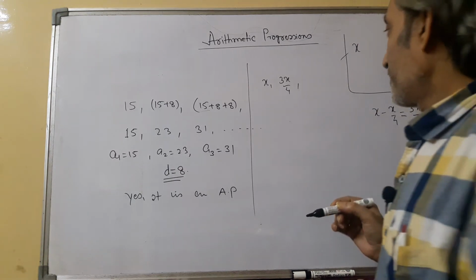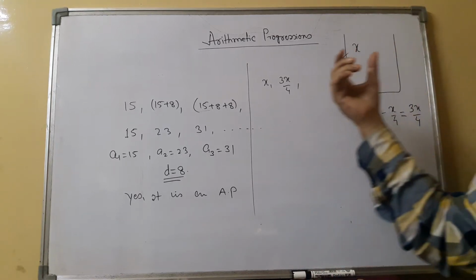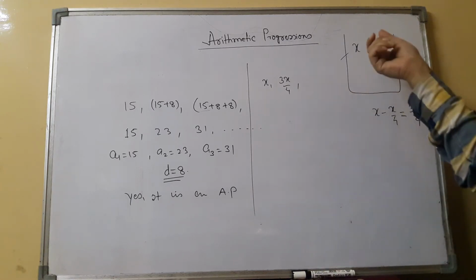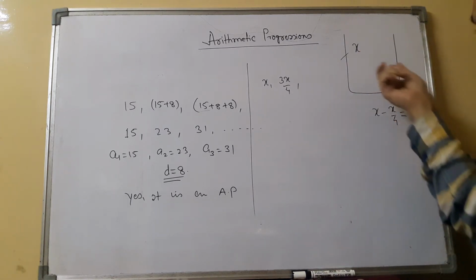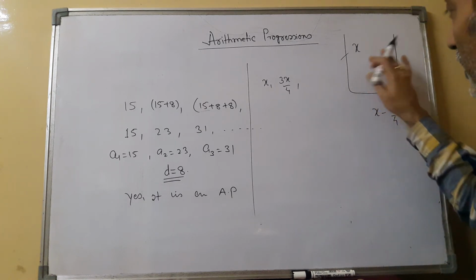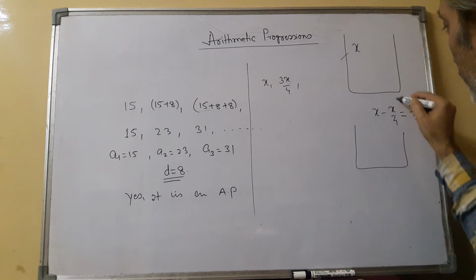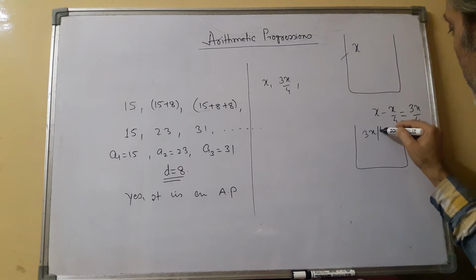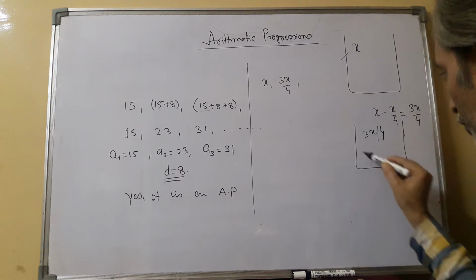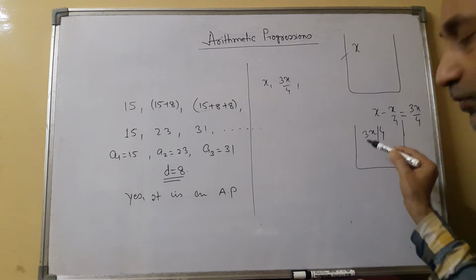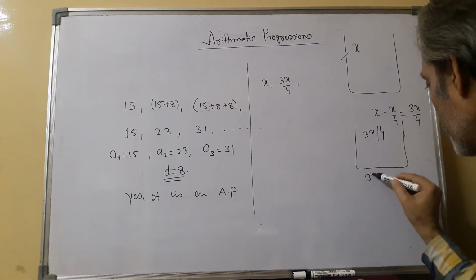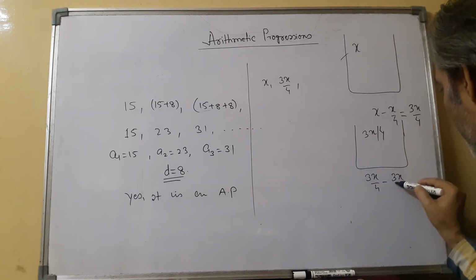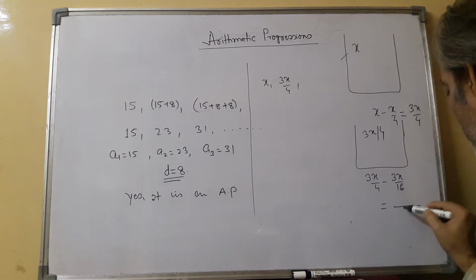Now it says you have to remove only 1/4 of the remaining gas. Initially it was x, now it is 3x by 4. Since we have removed this much amount, now the amount of gas left inside the cylinder is 3x by 4. So 1/4 of this we have to remove from this. So 3x upon 4 minus 1/4 of this, it will be 3x upon 16. Just simply subtract it in the rough.